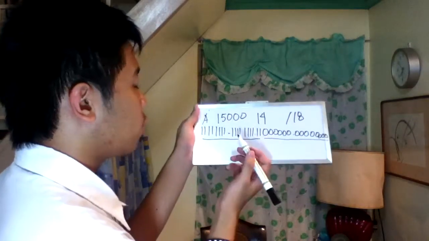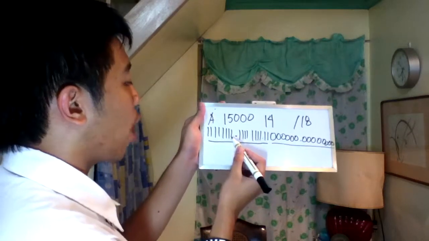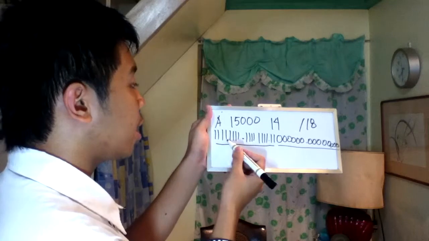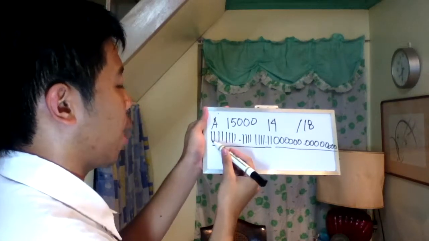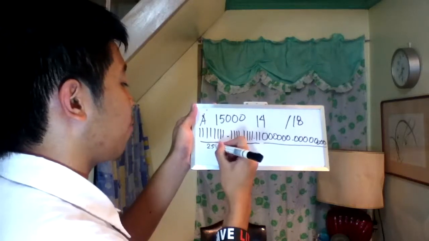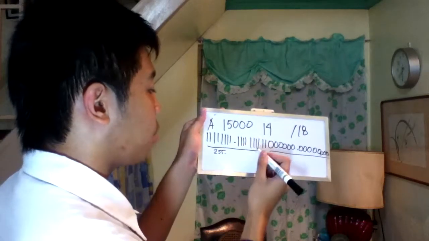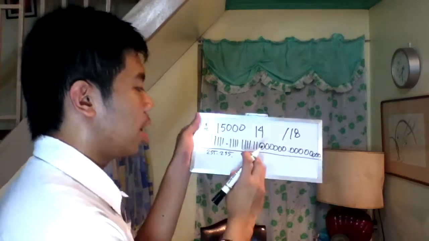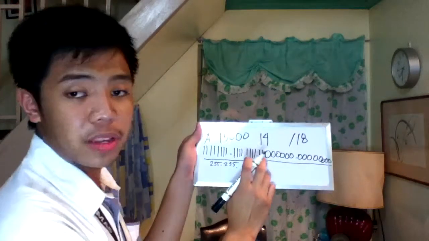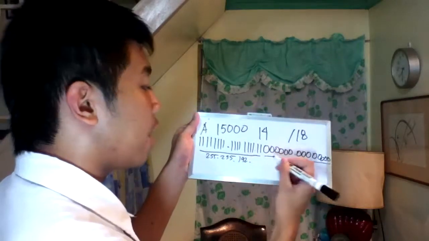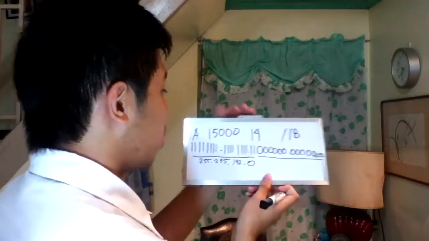So, this would mean adding 1, 2, 4, 8, 16, 32, 64, and 128, and this would result to 255. The next part would also be 255. And in this part, since it would be 128 plus 64, it would just result to 192, and the rest would be equal to 0. So the subnet mask would be